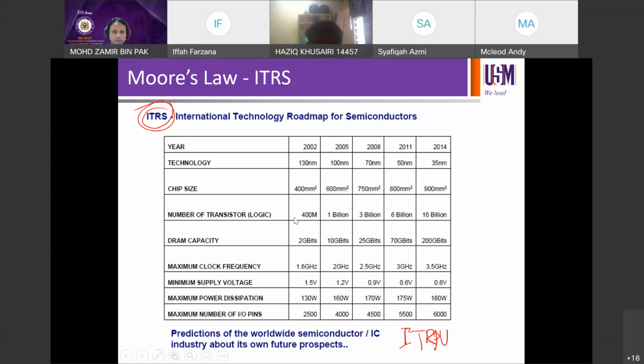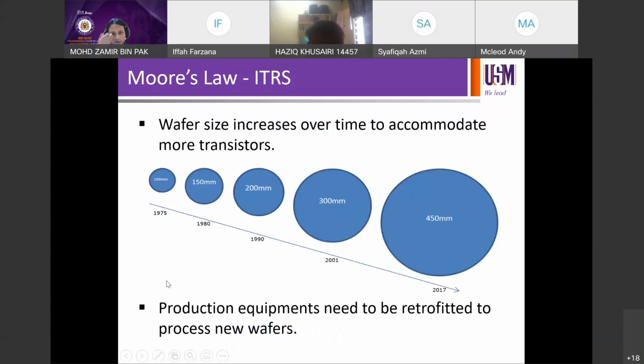Okay, so wafer size over time. Back in 1975, it was only like 100 mm or 10 cm. Then it grew over time up to now 18 inch. This 18 inch is the biggest one. 12 inch, 8 inch. So if you want to shift from 8 inch, for example, to 18 inch,